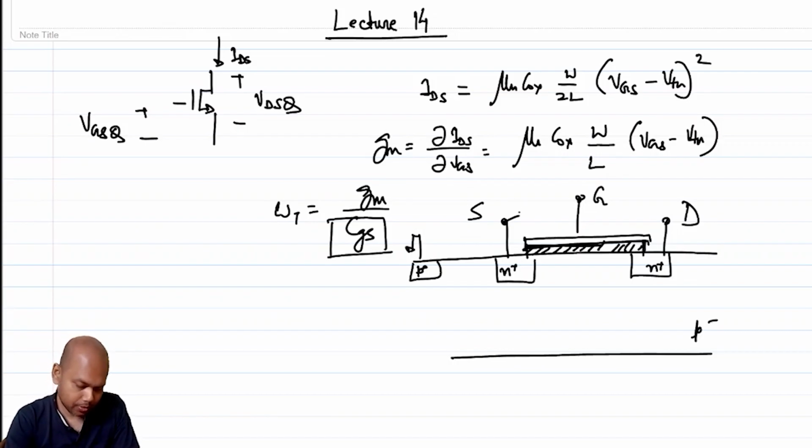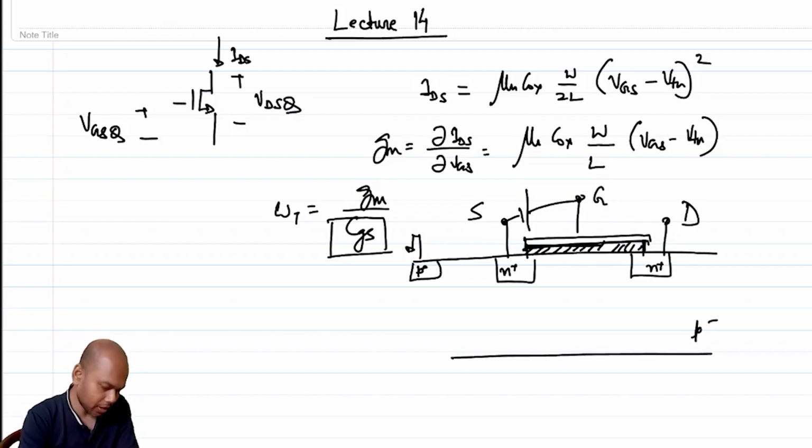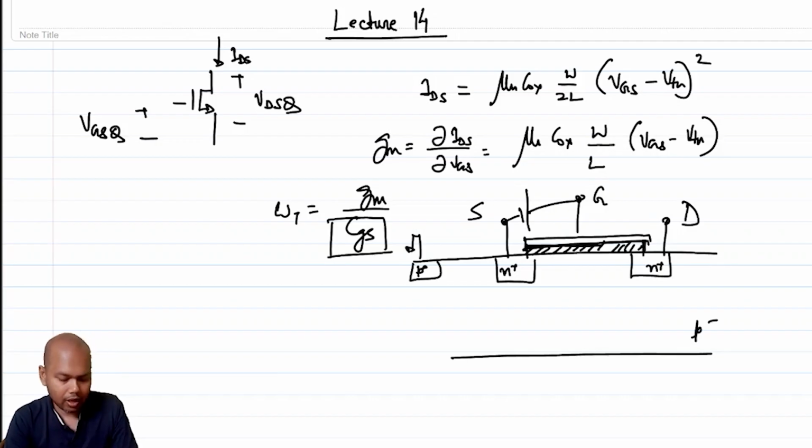If it is in saturation, firstly it has to be on, which means I have a positive voltage between the gate and the source, and I also have a positive voltage between the source and the drain, and the drain is at a sufficiently high voltage above the threshold voltage of the gate, so that we do not have a problem with the linear region. All those things we understand, but the key thing to understand here is that we will have electrons in the channel. And if we are under the condition of saturation and pinch off,